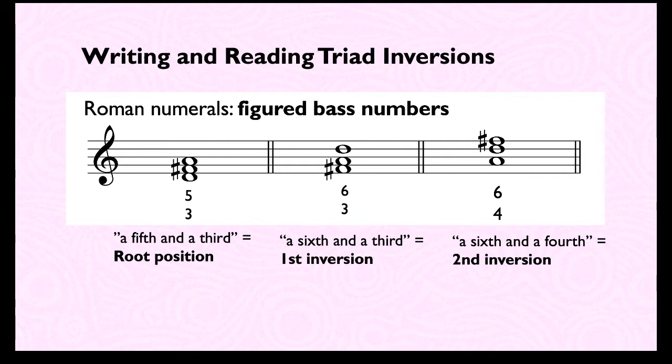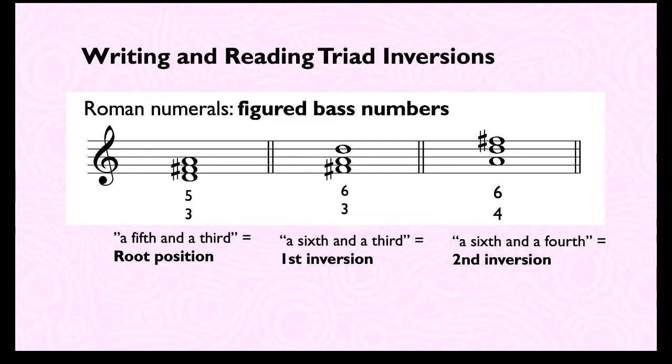6/3 literally means something a sixth and something a third above the bass note. And of course, 6/4 means something a sixth and a fourth above the bass note. When you use these numbers, you can construct different triads, you guessed it, above a bass note. 5/3, 6/3,